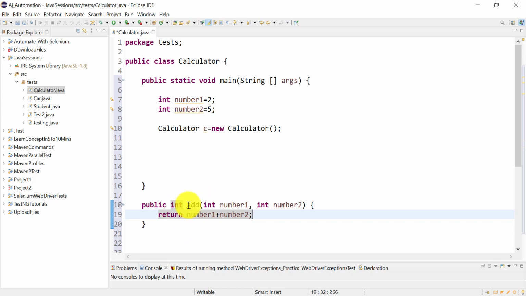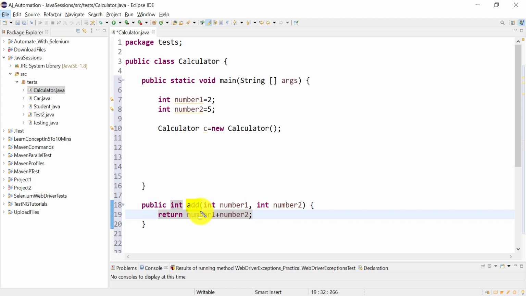Just looking at the method name add, I will come to know that this method is going to add two numbers, right? So you need to take care to always give a meaningful name to the class, methods or variables.